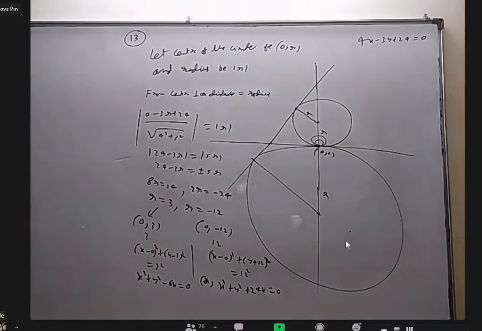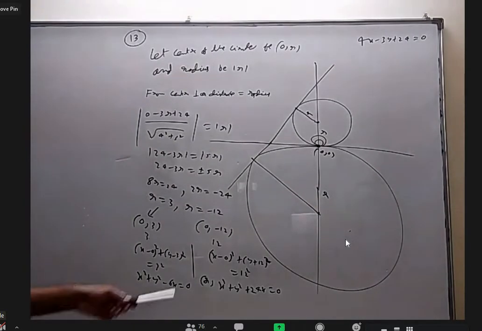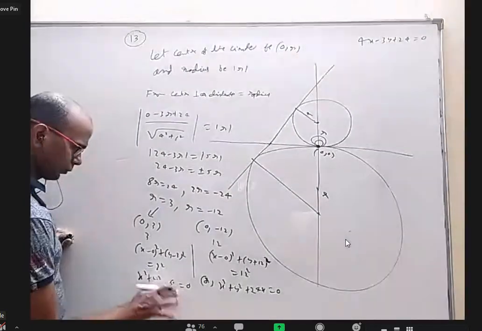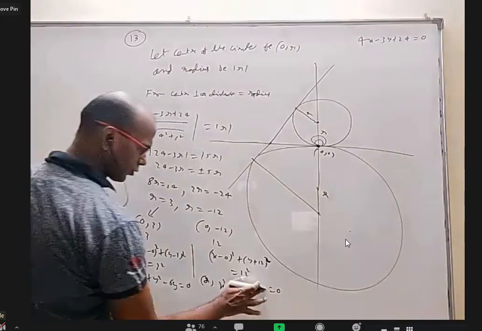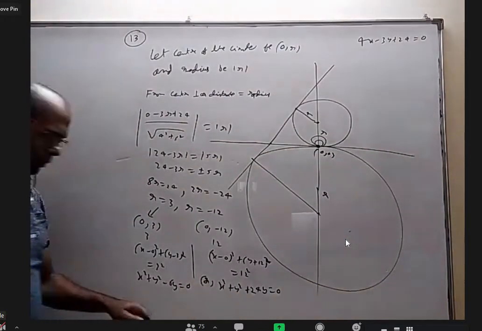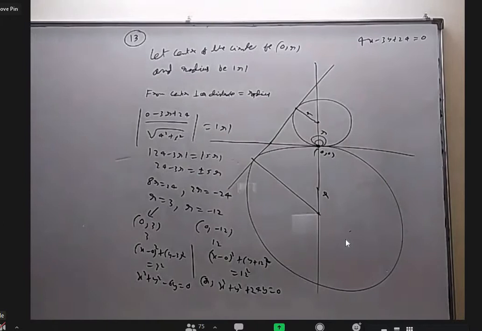Sir, yes, please. Minus 6y and 24y. I wrote something wrong, you are saying? You wrote minus 6x, it's minus 6y. Oh, this is 6y. Okay, thank you. This is also 24y. Okay. x square y square minus 6y equal to 0. x square y square plus 24. Lastly.